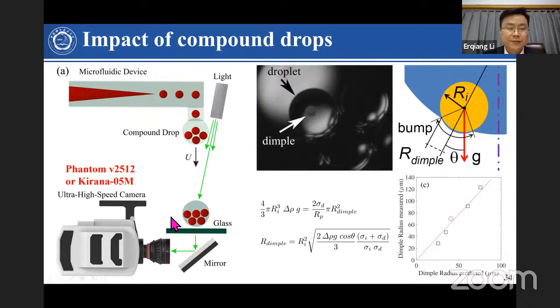Then again, we use high-speed imaging to see it. If the droplet is hanging at the nozzle, because there is a density difference, we can imagine it will have some bump come up because of the density difference. But if the droplet is released from the nozzle, it is in free fall, and this bump should disappear. But in our experiment, we still see it. That means time is not enough for it to recover and become smooth, so this might affect the later dynamics. We think it does.